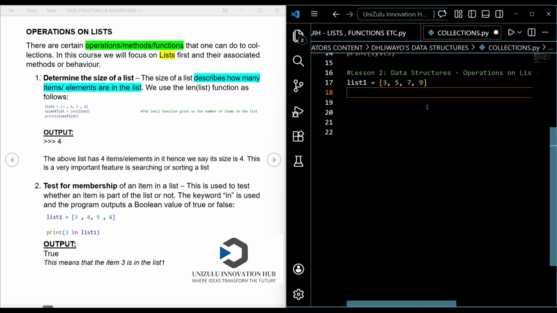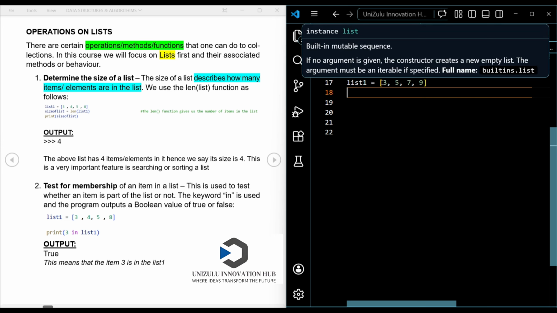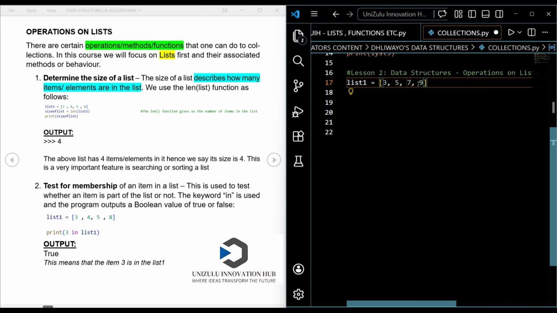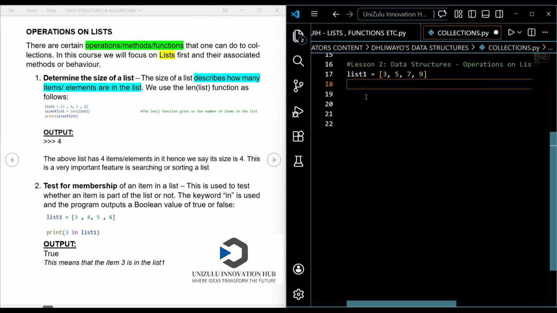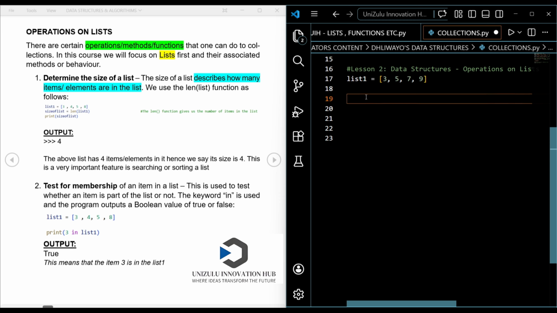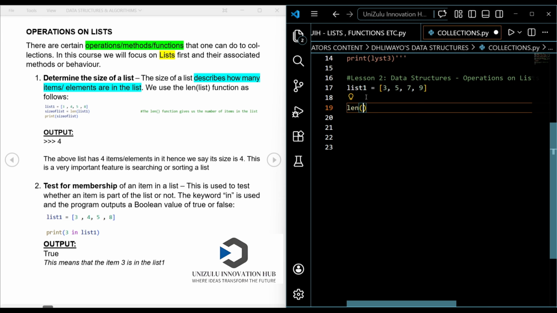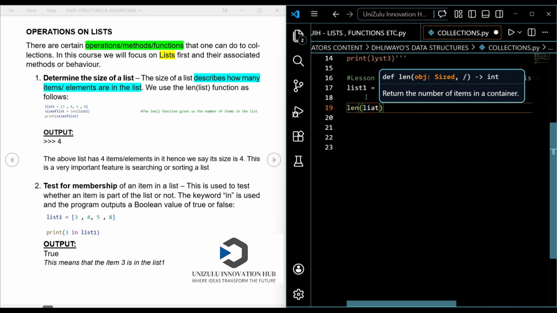But remember, the user is not always going to have access to the code. So the user cannot really come and count each and every item. Rather, you can make the program give the user how many items are found in the list. How do I mean? Let's say we're going to use this method that is known as len. So I'm going to say len of list 1,